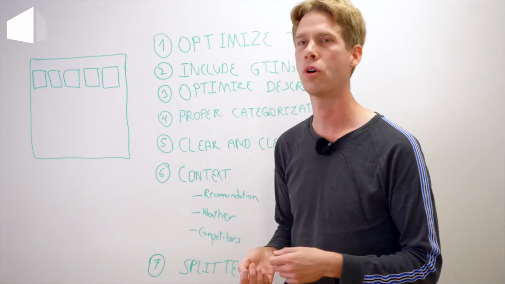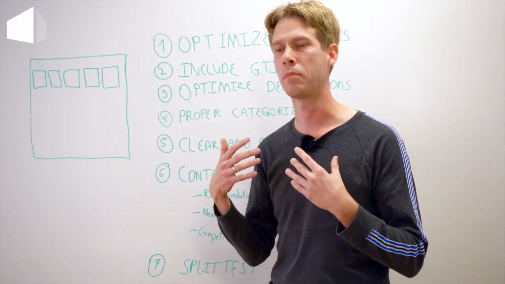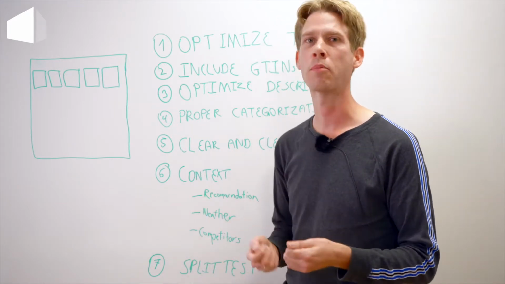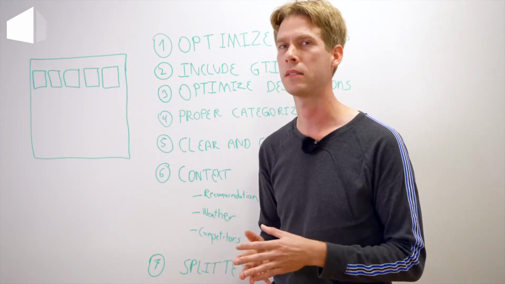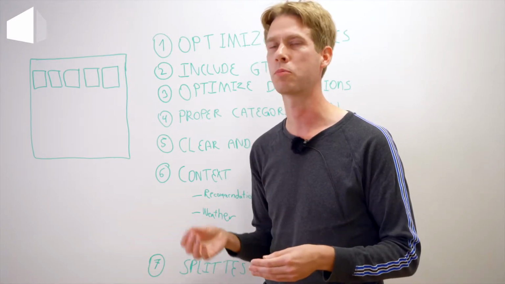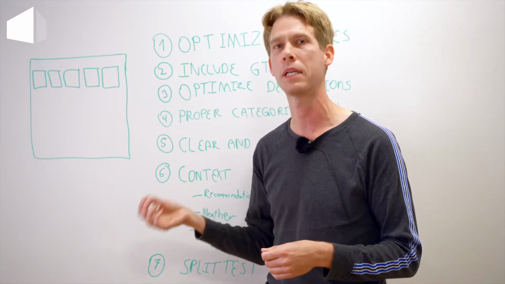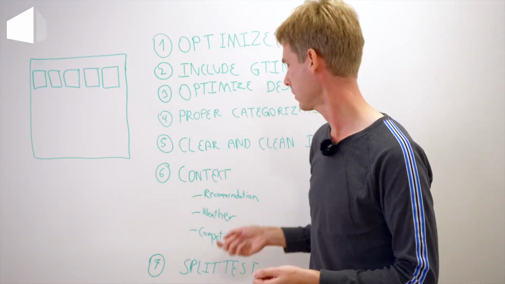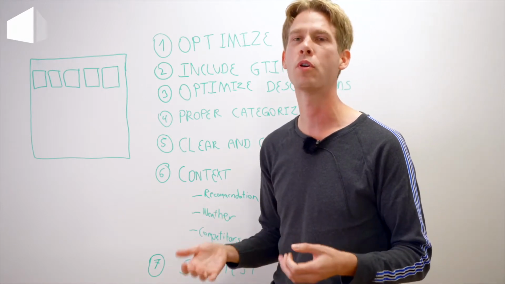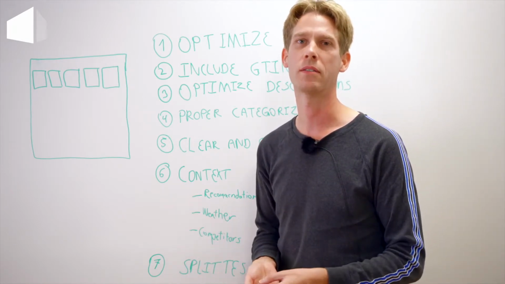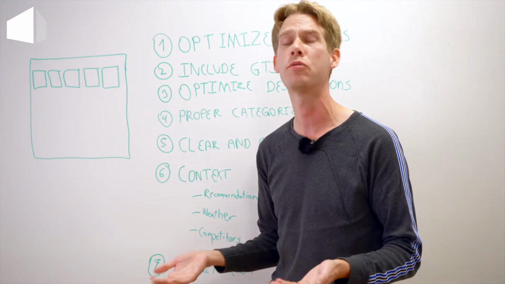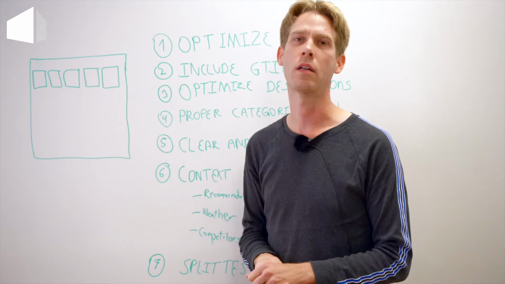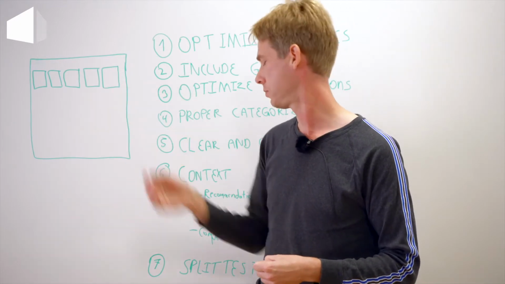If you have a product that you know is really good as a high sales product on your website and is a recommended product, try and bid that up compared to the other ones. We all know that you might sell 10 different shirts, but in the end there's probably only one of those shirts that is the really big seller. So being able to push that one on top has a huge impact. Then there's competitor data. If you know your price is way above the competitors, there's no reason to bid high because you're not likely to win the bid and get the click anyway. If you know you're cheap, it is going to have a tremendous impact on your ability to be shown.